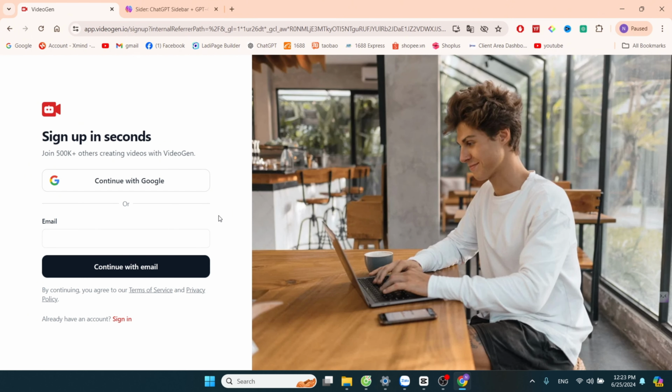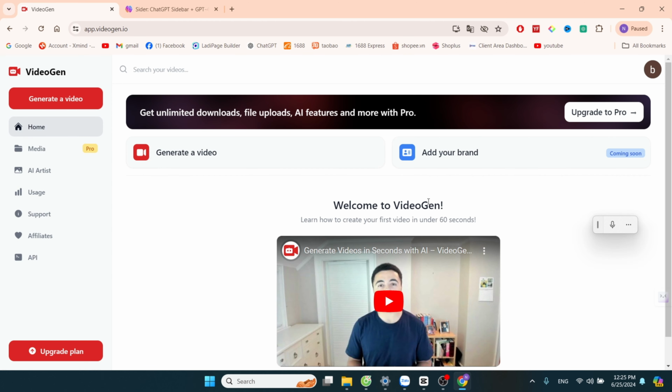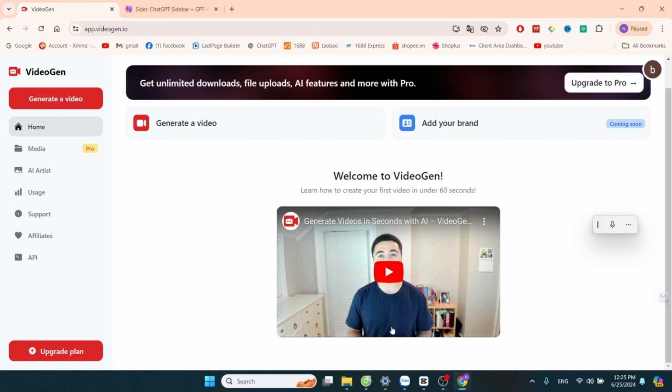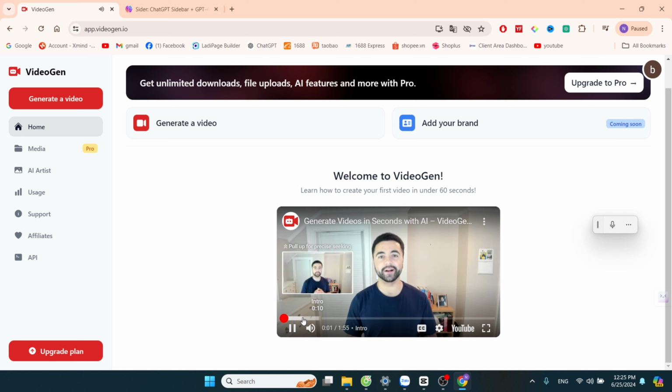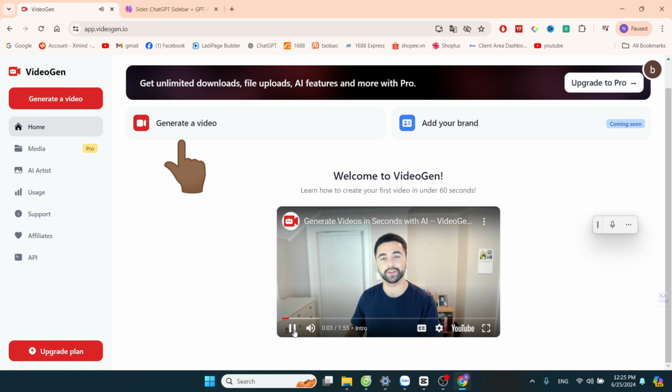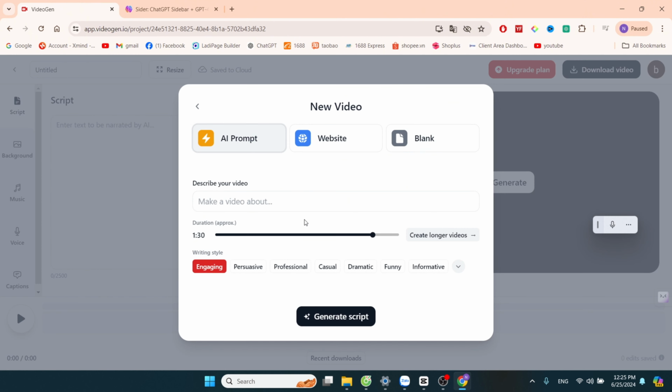Dashboard overview. Once you're logged in, you'll see your dashboard with options on the left and a tutorial video in the center. Watch the tutorial to get a thorough understanding. Generate video. At the top of the tutorial video, you'll see Generate a video and add your brand. Click Generate a video. VideoGen offers 3 video creation options: AI prompt, create videos from a text prompt; website, convert